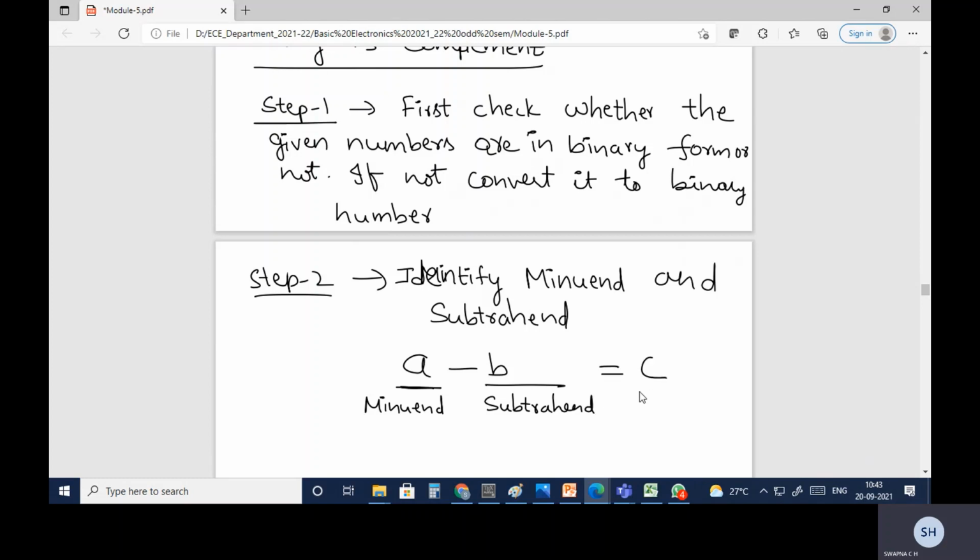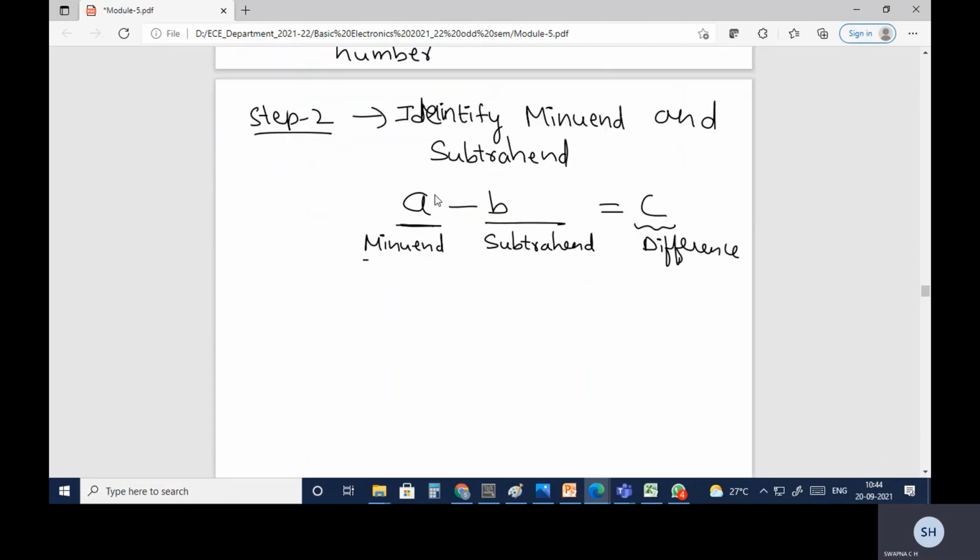Whatever output you get, that is nothing but the difference. Here's one small tip to remember: MS Dhoni. So minuend, subtrahend and difference. So this is the second step. You need to identify which is the minuend and which is the subtrahend.